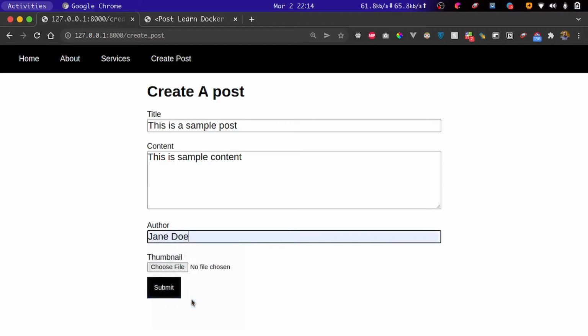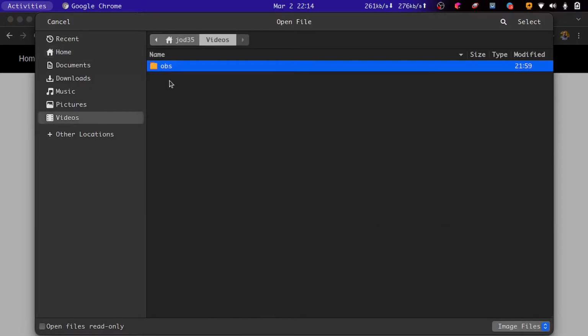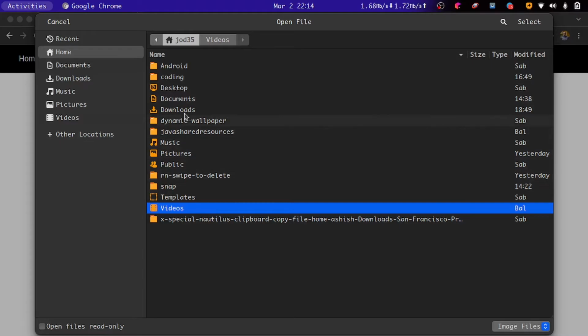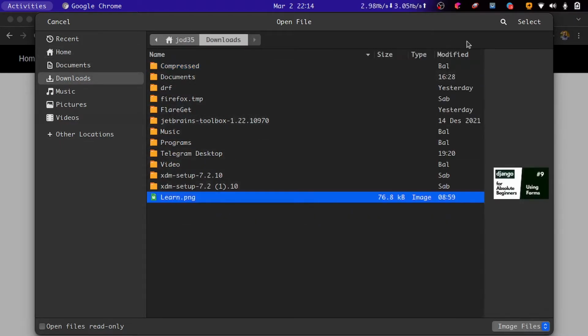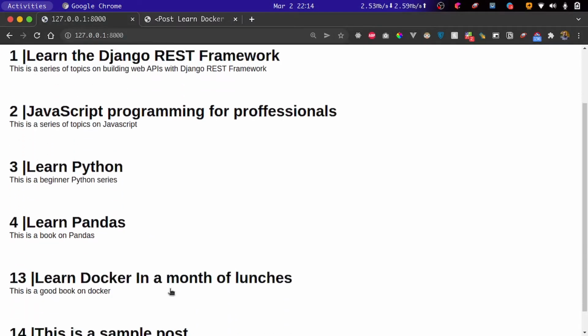And when I have this, I'll also create an author. So I'll just say the author is Django. I'll pick up the same file. So when I go to, I'll actually go to our downloads. That's where the file was. So when I select the file and submit,